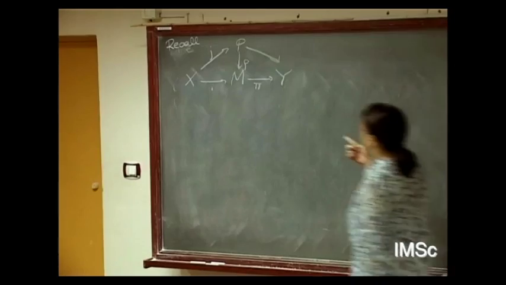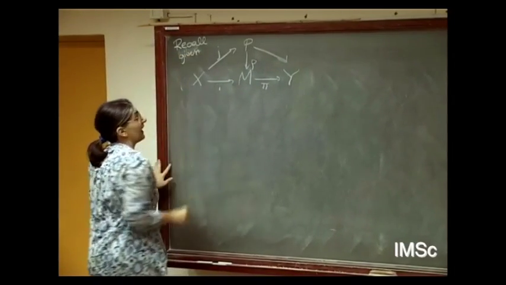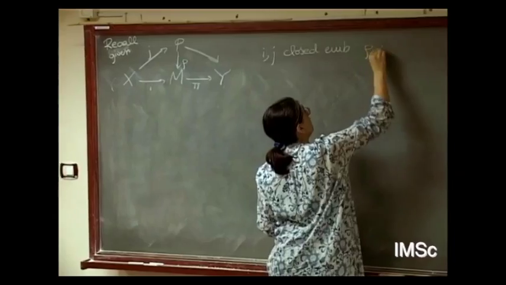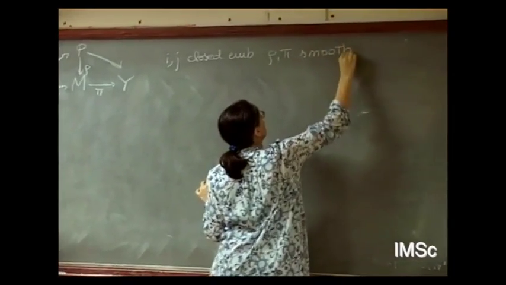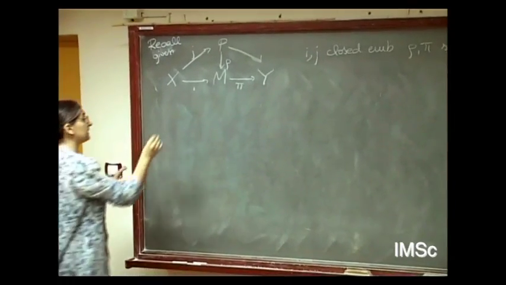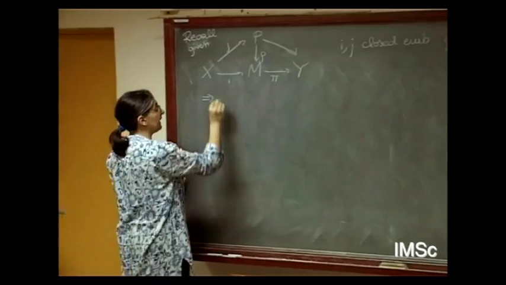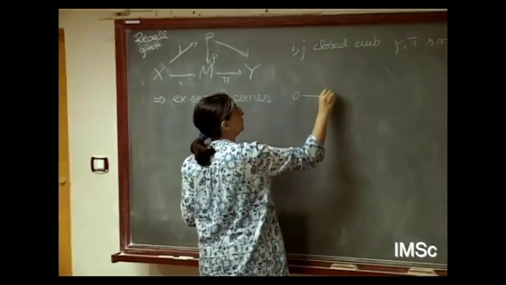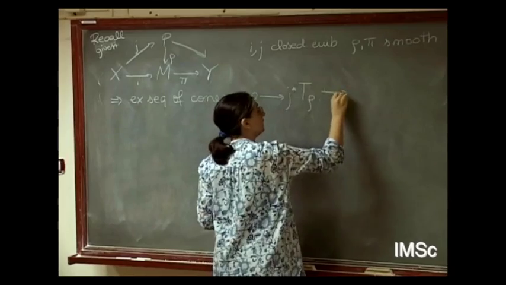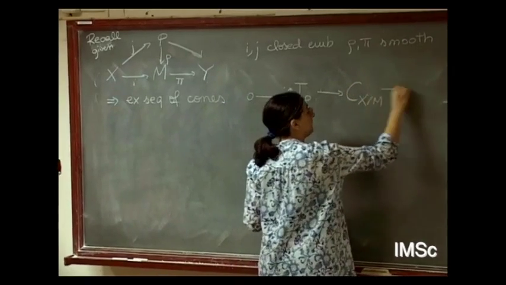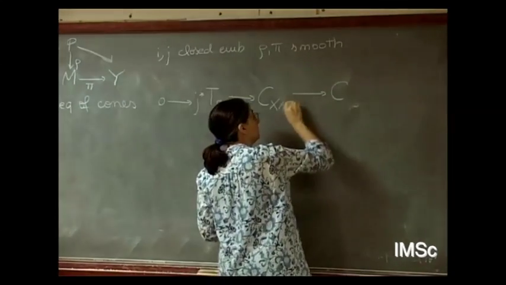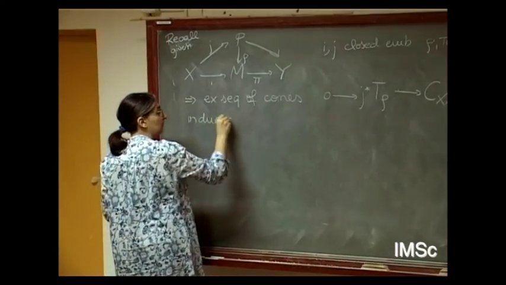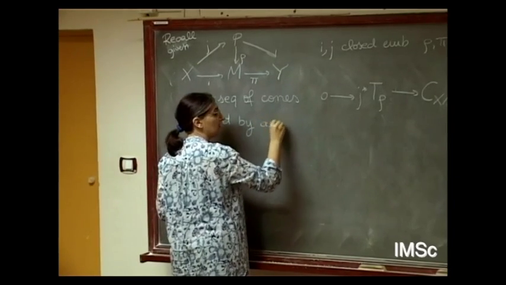What we needed was that given such a diagram with i, j closed embedding and rho, pi smooth, there exists an exact sequence of cones: 0 to j pullback of T rho to the normal cone of X in M to the normal cone of X in P to the normal cone of X in M, induced by an exact sequence of coherent sheaves,